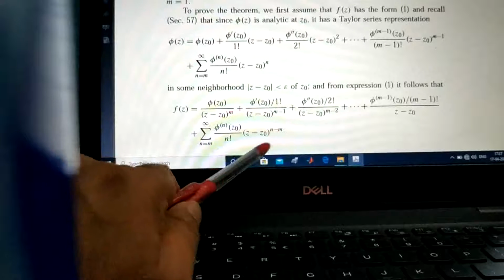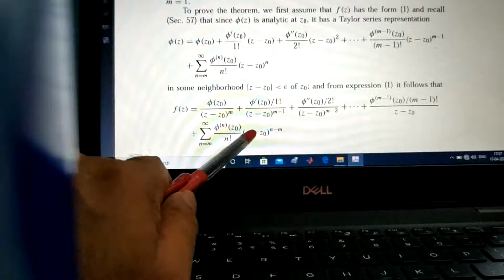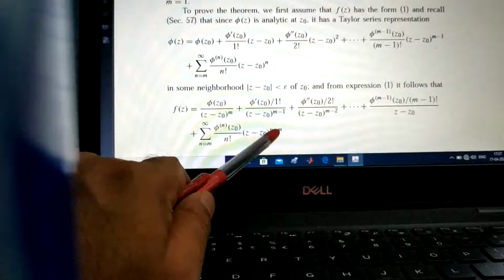So this is like a series a_n into (z minus z naught) to positive powers,